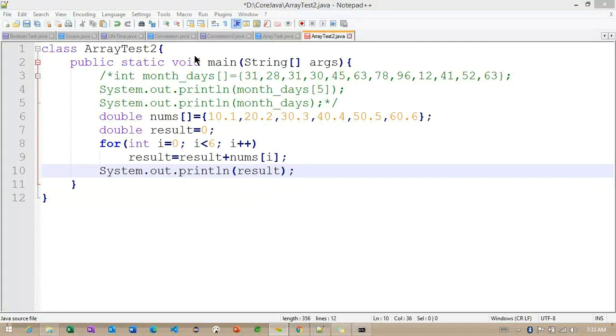Okay, so back to here. Now I want to check with the multi-dimensional array example here. So basically, this is the one-dimensional array example we identified. Now we want to check with the multi-dimensional one. So how exactly can we create this particular multi-dimensional array?